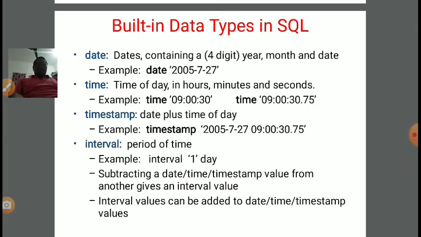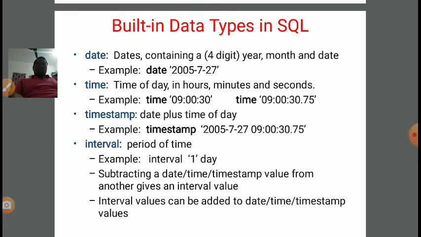Now timestamp. Date plus time of day is called a timestamp. It means a particular date at a particular time is called a timestamp. For example, if we combine date and time in a single value, then this is called a timestamp. In the previous example, the time was 9:00:30.